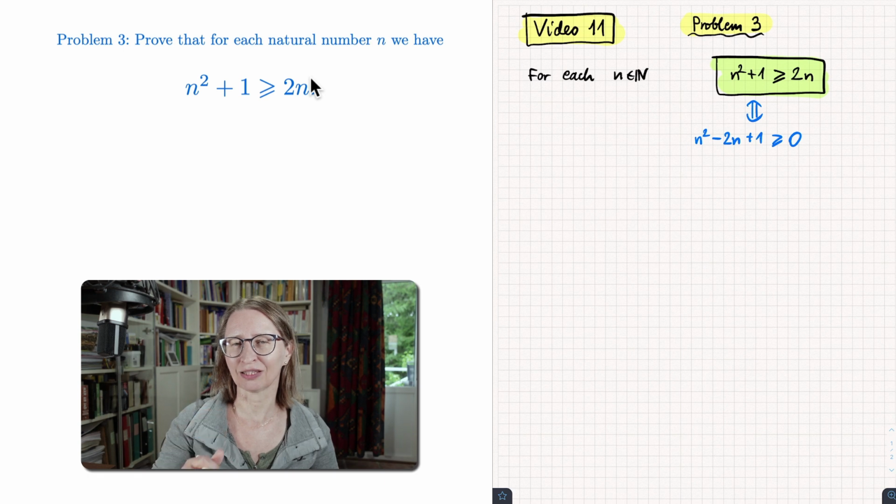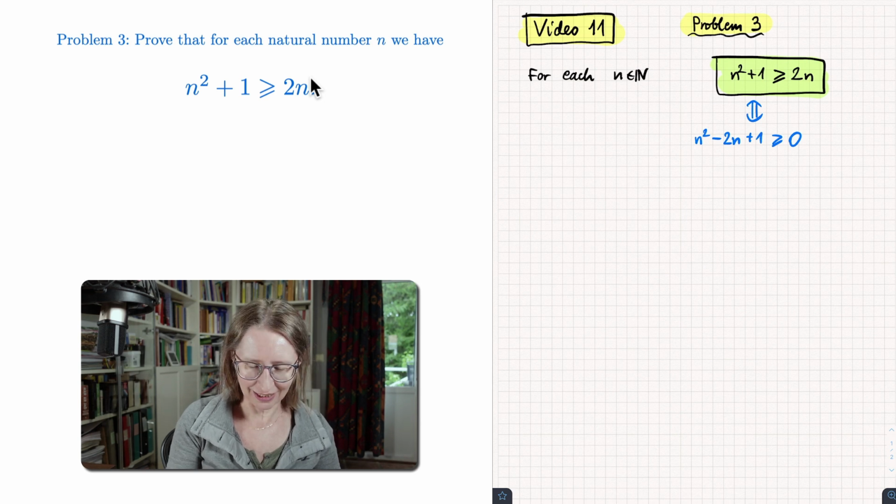I have subtracted 2n from both sides. It's a perfectly legal operation. If you subtract the same number or the same expression from both sides of the inequality, the inequality remains. And now, you see, you can rewrite it in the following way, that this is equivalent to the